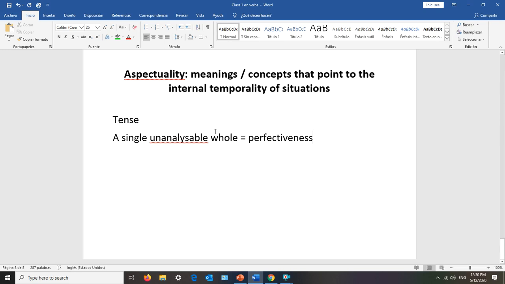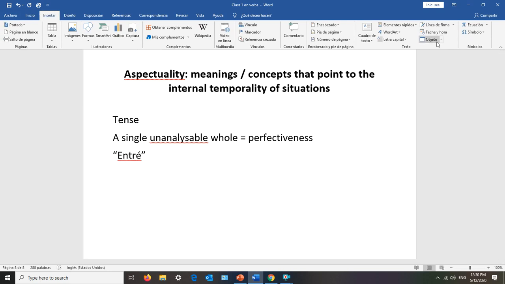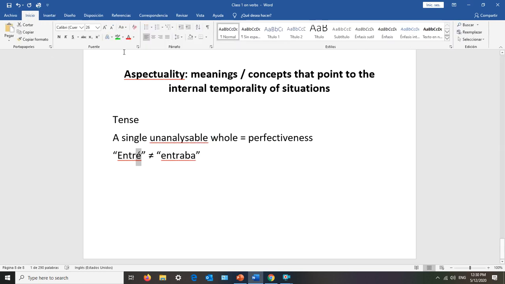And where the language in question has special verbal forms to indicate this, we shall say that it has perfective aspect. This is what we have in Spanish, because in Spanish we have entré, right? Entré is different from entraba, because we have the notion of perfection here grammaticalized in the verbal morphology, as different from the notion of imperfection,